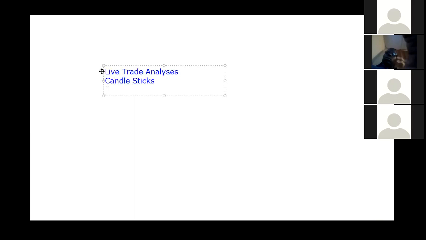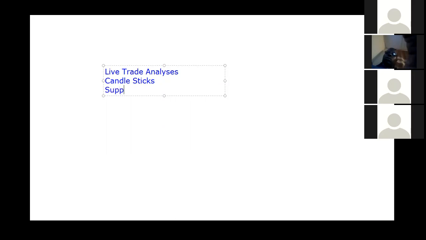The essence of this is educational, not for expert traders as such, but for new persons to see how they could actually leverage from this program and know how to trade freely and can actually make a living through trading. So we try to see how we can keep it simple, and keeping it simple is the secret. If it's not simple, it will be complicated. So we try to see how we can make it just candlesticks,